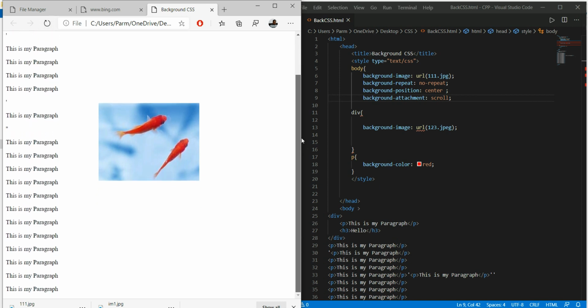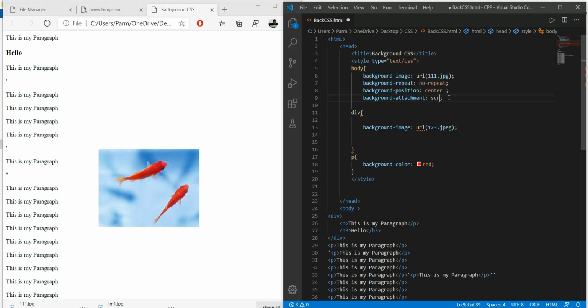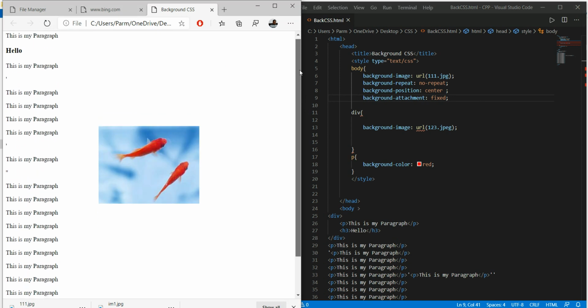As we are scrolling our window, the image is scrolling up and down. Okay, see the effect here. We make it fixed, save this, refresh it, and we see it remains the same. So this time the position is fixed.